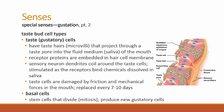Okay, so let's talk a little bit about the taste bud cells. First are the gustatory, or taste cells. The taste cells are elongated, and they have at the end of them microvilli. These are folds of the membrane of the taste cell, and these microvilli are referred to as the taste hairs. They project through a little opening among the cells called the taste pore. So they're right there at the mouth of the taste pore, and they are bathed in the fluids of the mouth, the saliva. And embedded in the taste hairs are receptor proteins that